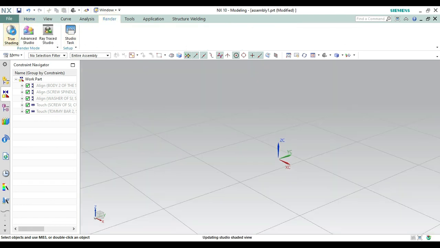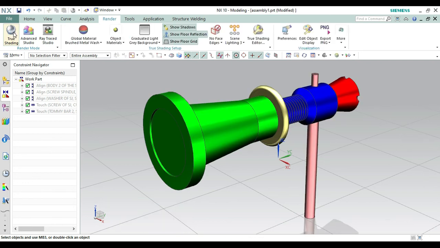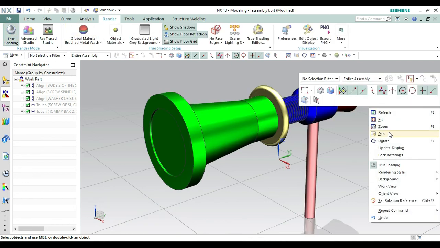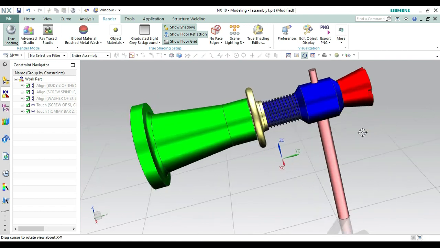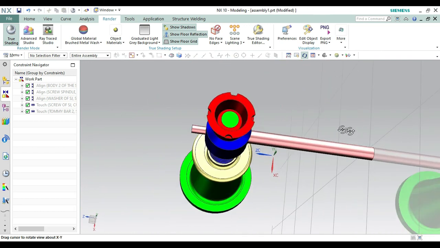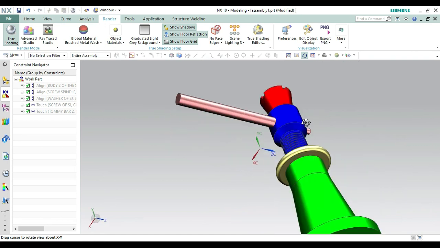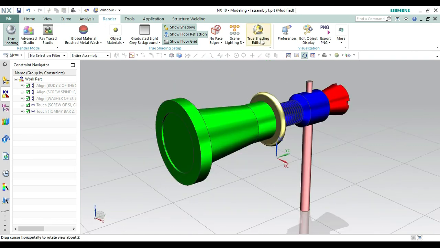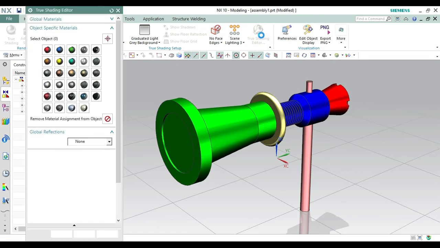From here go to tool setting and you will get an option of rendering, and the screw jack will be rendered. Okay, just a second, it is taking time like this one. Okay, now you can see our screw jack has been created from here like this one. You can do the tool setting editor, you can do the editing, you can change the color of any part or any face.